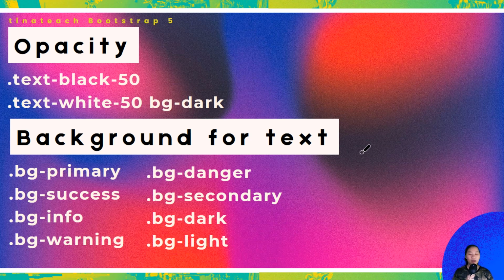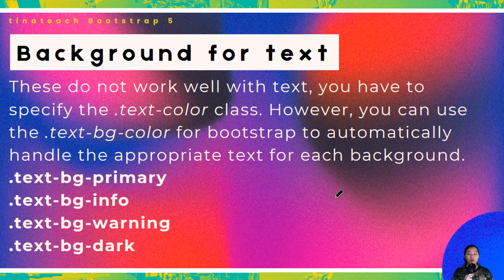Now, to the background for text. Same syntax, the only change is that instead of text, like up here, we have BG for background, right? So you have bg-primary, success, info, warning, so on and so forth. But with BG alone, it only gives you the background color. There's currently no text whatsoever. But if you want to combine both text and background, you go with text-bg and then info or success